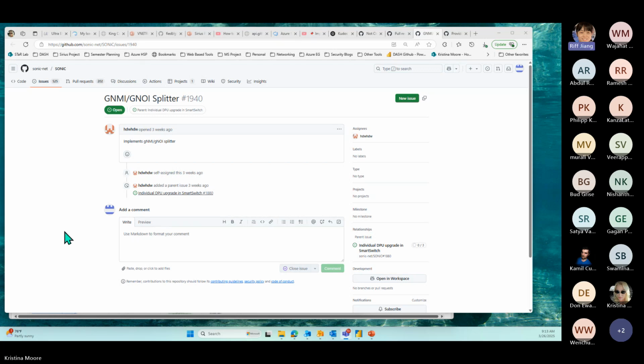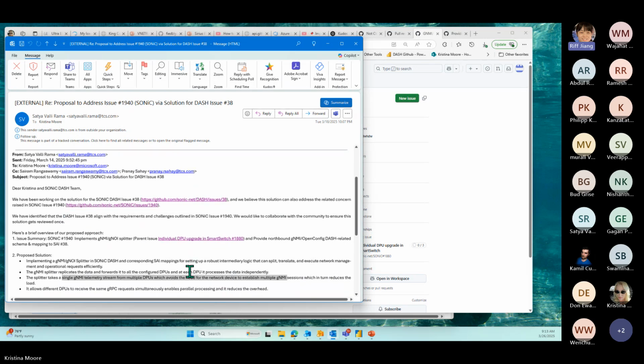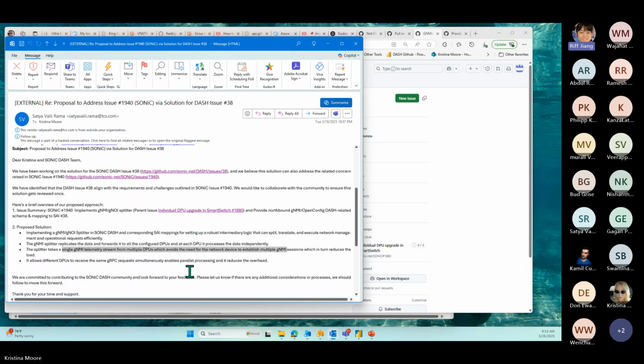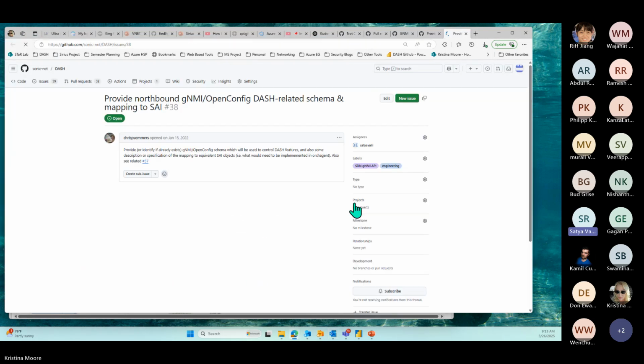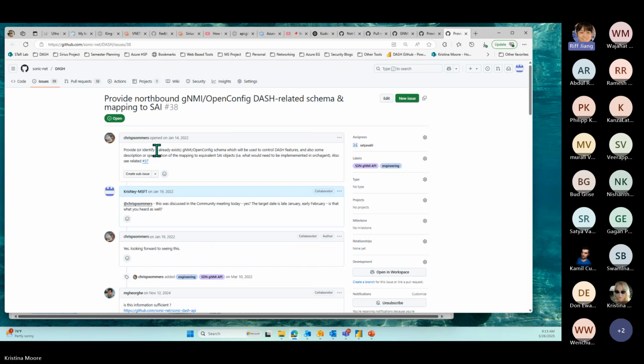So I think the issue is number 32, which is to provide a northbound gNMI Dash-related schema.